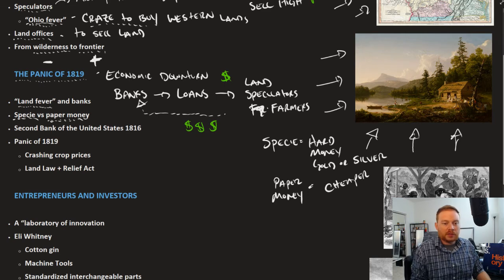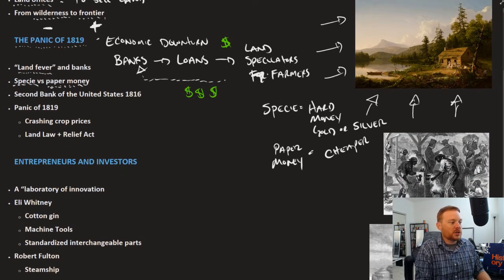In order to better regulate the American economy, Congress helped establish the Second Bank of the United States in 1816. This was part 2 of Alexander Hamilton's National Bank that had previously expired. The idea was that the Second Bank of the United States was going to come in and create a more uniform currency. It could regulate the state banks who are producing too much paper money, but it also